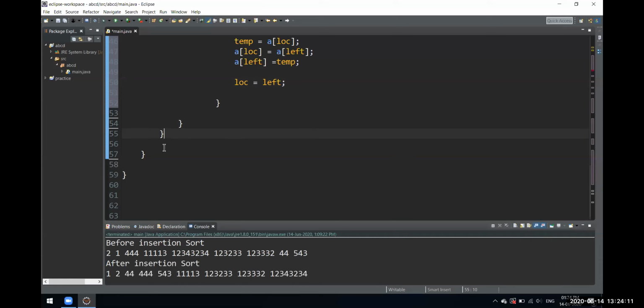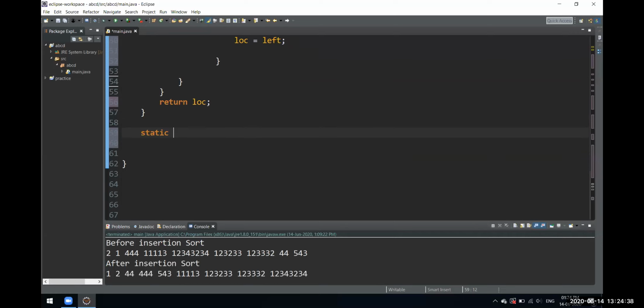LOC. Okay. Now a static function, static void quick sort.